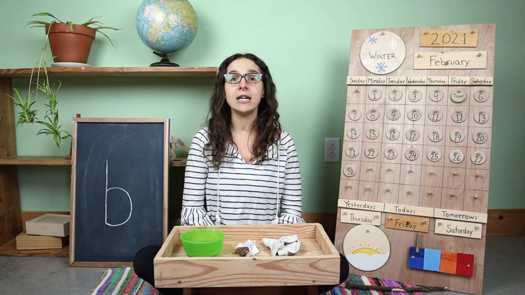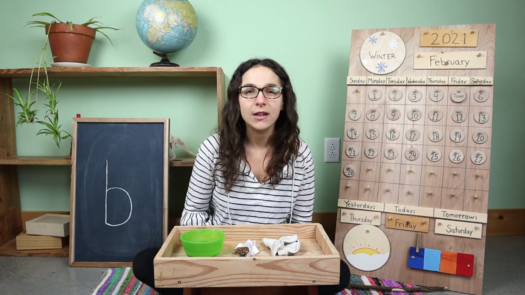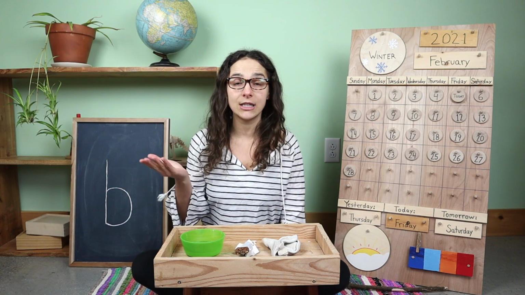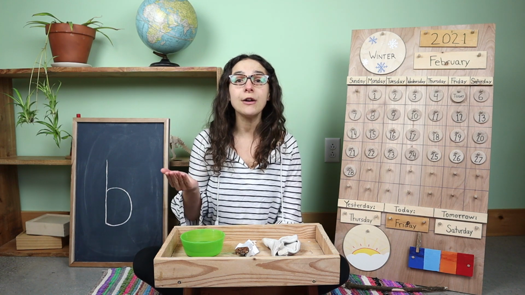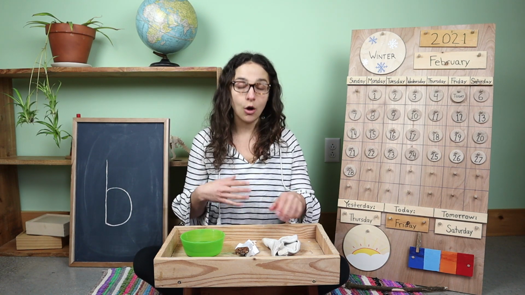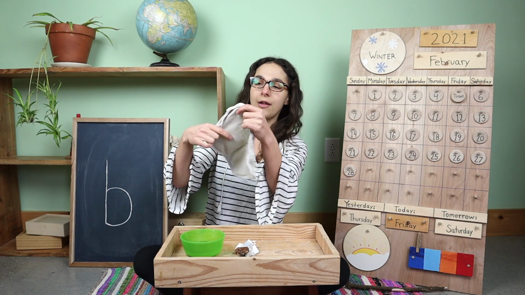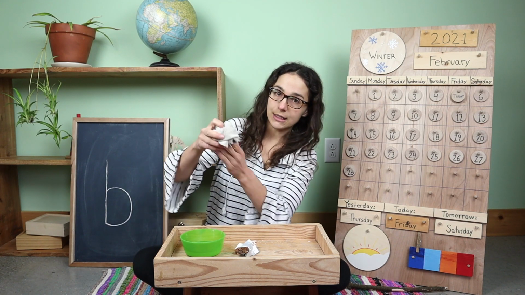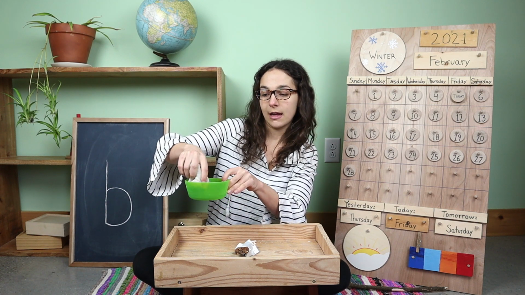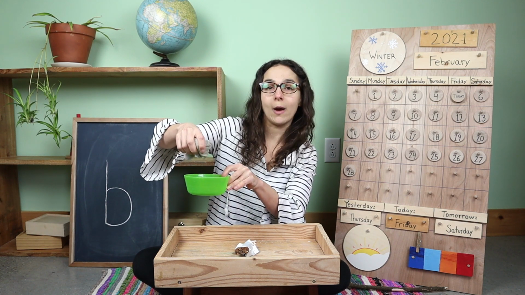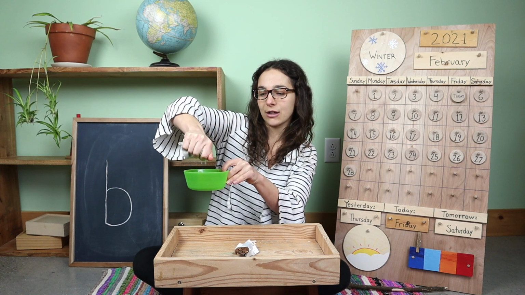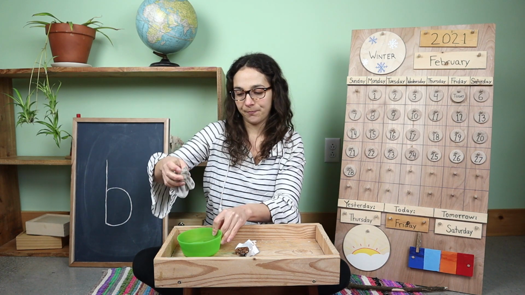So once you've finished eating, look in the mirror. Let's see. Do I see anything on my face that needs to be cleaned? So now you're going to take your baby wipe, or if you're using a cloth, you're going to take the cloth, dip it in the water. Now we don't want it too wet. We don't want the water to be dripping. So squeeze any extra water out like this.